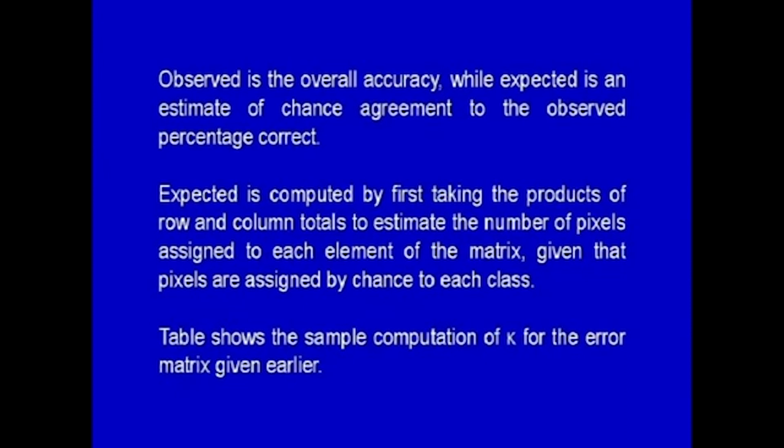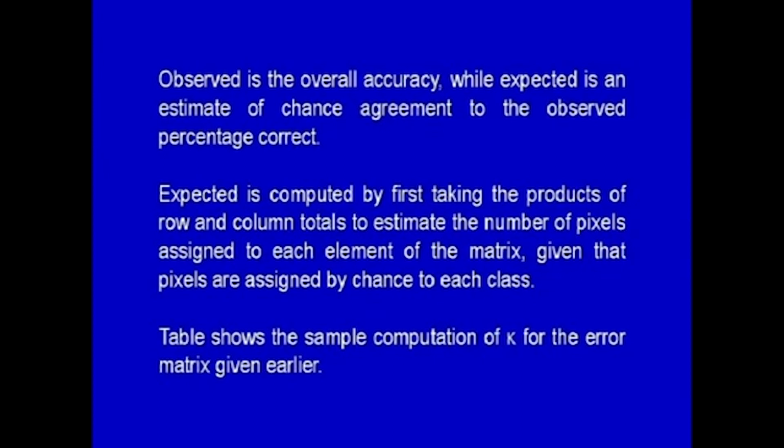The expected is computed by first taking the products of the row and the column totals to estimate the number of pixels assigned to each element of the matrix, given that the pixels are assigned by chance to each class. So, here the computation for kappa is shown,